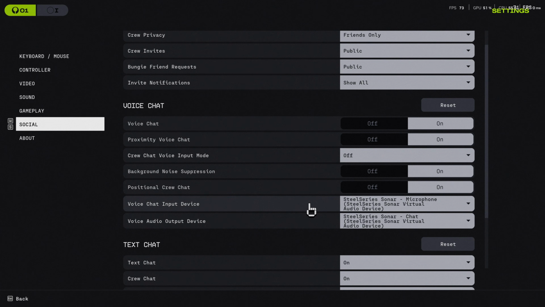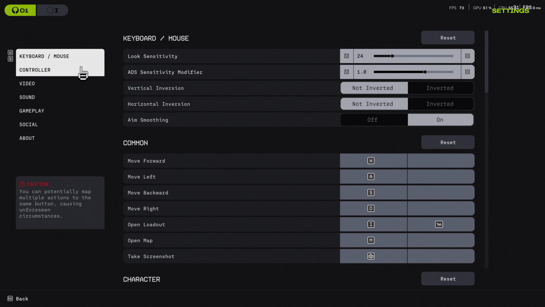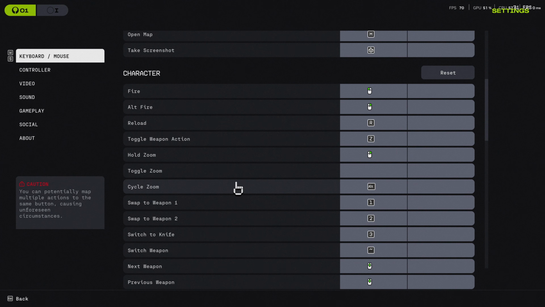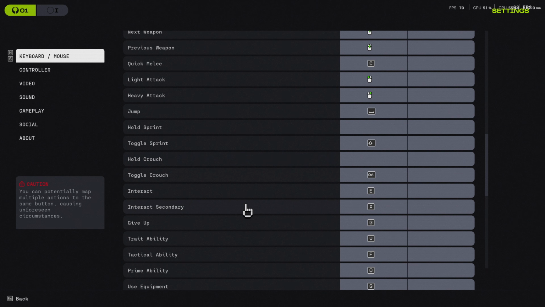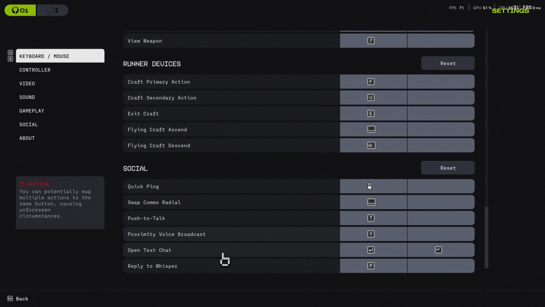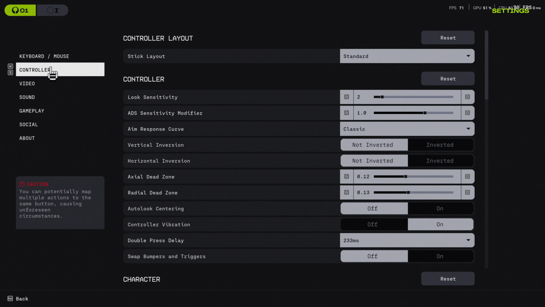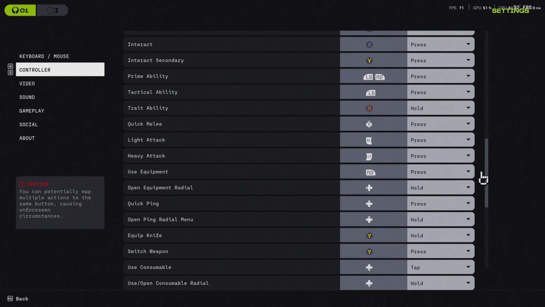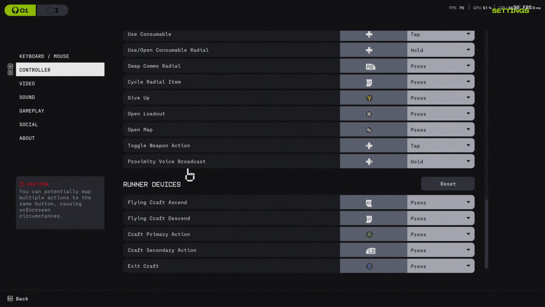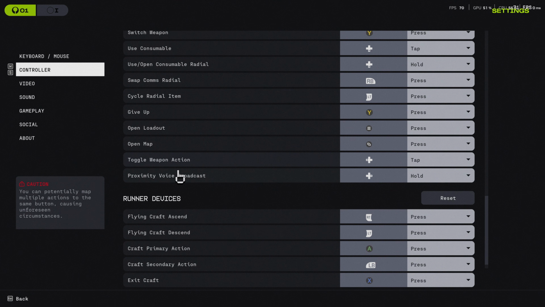Last thing is the push to talk option. So if you're wondering which button is corresponding for it, on keyboard and mouse it's T, and Y for the proximity chat. So if we scroll all the way down here, we can find the push to talk and proximity voice broadcast as well. You can do the same thing for the controller. If we scroll all the way down, we should be able to find it somewhere. Here it is. And that is